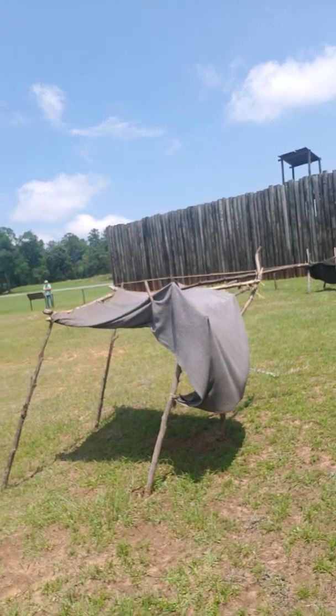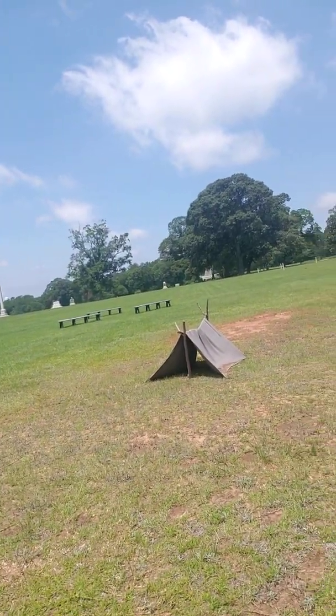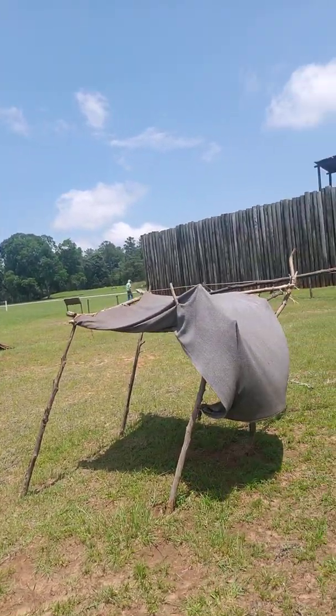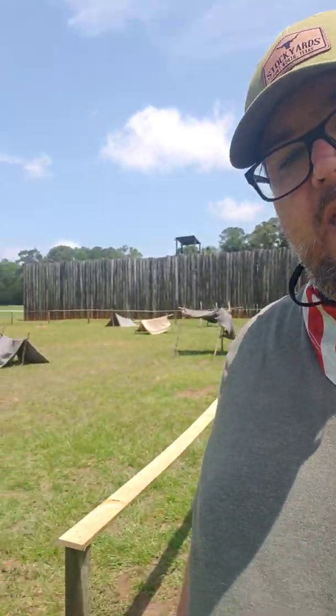So these are the types of shelters they would have been staying in if they were lucky enough to have shelter. There wasn't enough food, clean water, sanitation. Over 13,000 prisoners died here at Andersonville. But take a look at this. So there you have the wall, and you can see the pigeon roost right there. And right here,